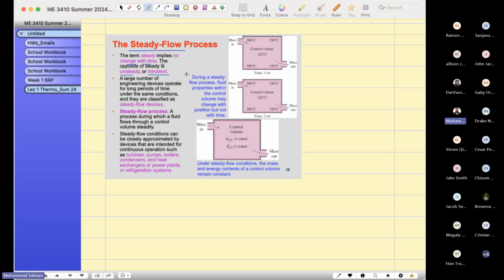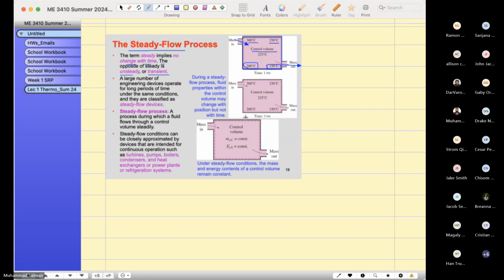The fluid inside the container remains constant. Let me explain it to you. So if you have a container here, and the fluid is entering, mass is going inside and leaving the system. Look over here, the control volume, it has over here the temperature is 300, at this location 250, 200, 150, and then after certain time during the steady flow process,